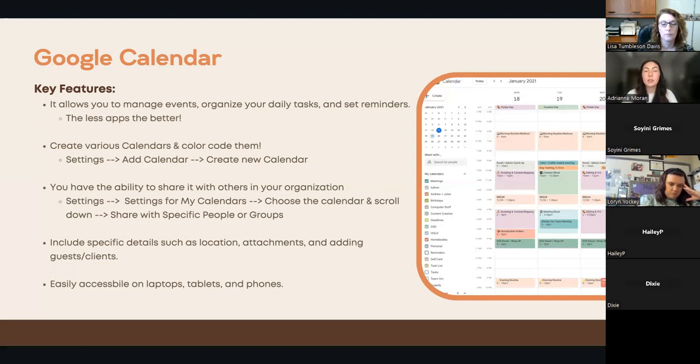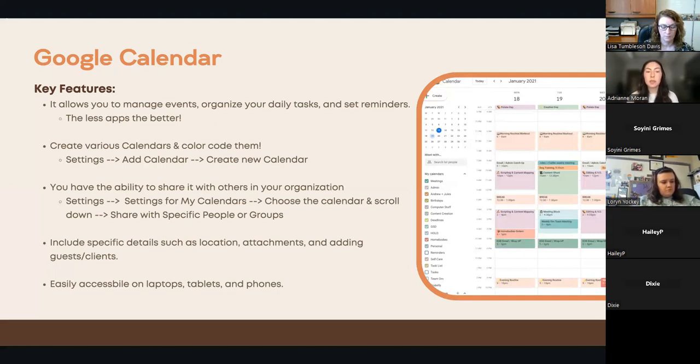So let's say you are the CEO of an organization and you have multiple people below you, or you're working on a team and you have an individual that takes a lot of phone calls. This is great because you can share specific calendars with them. You don't have to share all of them. And they have that then to access your availability, which is super nice if someone's picking up the phone. Oh, Lisa is currently not in the office. She'll be available Friday at 10 a.m. That's just a quick example.